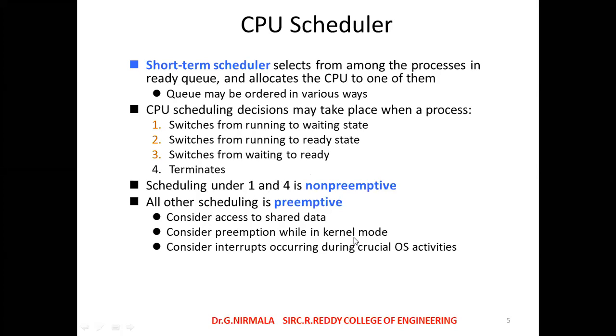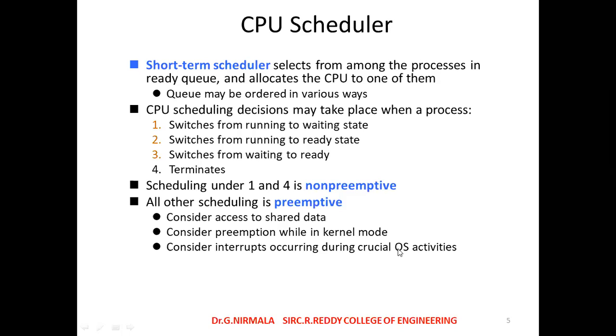This preemption will also be done by the kernel mode. Consider interrupts occurring during crucial OS activities. Means in between, interrupts will occur. That time the interrupt may need more time to handle it. Automatically the CPU decides it wants to move to some other process. That is, the OS decides, and based upon the